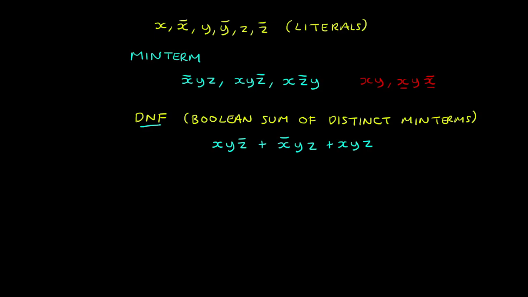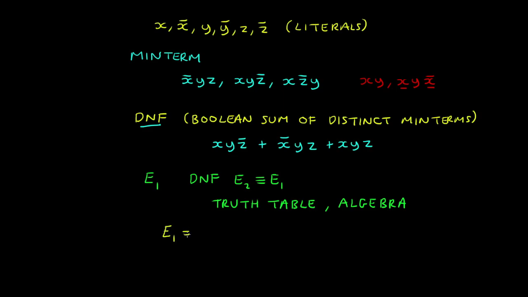Now given a Boolean expression, E1, there are two ways to find a disjunctive normal form, E2, that's equivalent to E1. And one of those is using a truth table, and the other is using algebraic manipulation. So for example, if we have a Boolean expression E1 being x and y, or x and y and z,